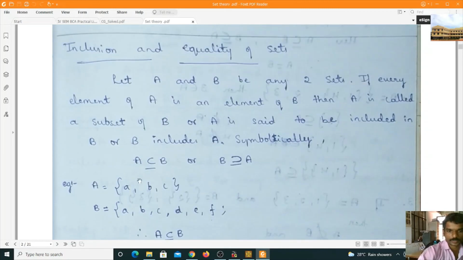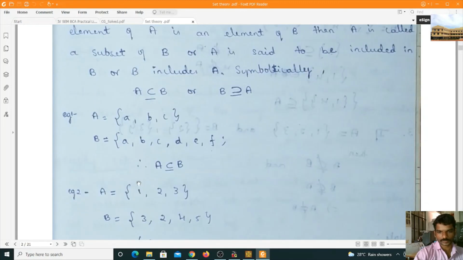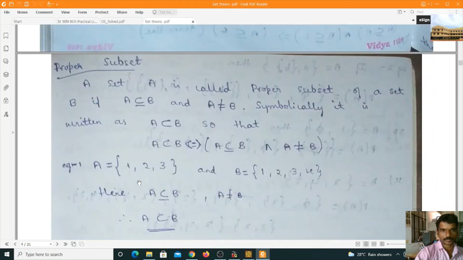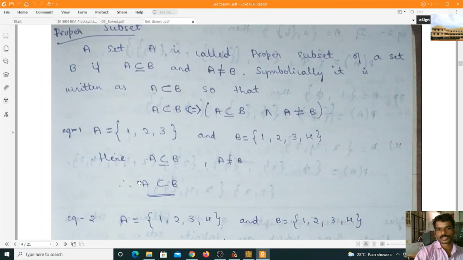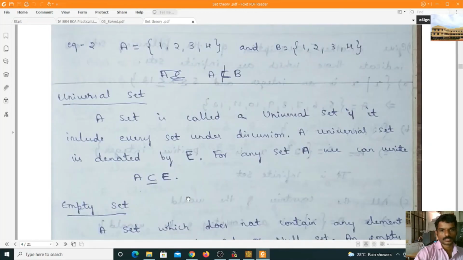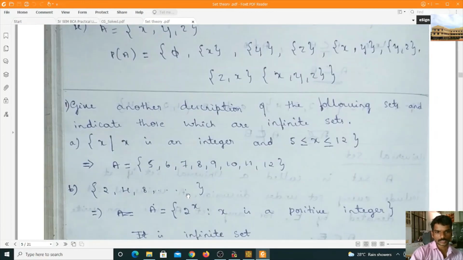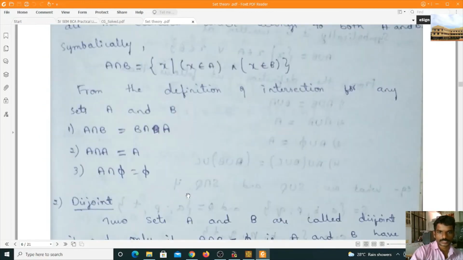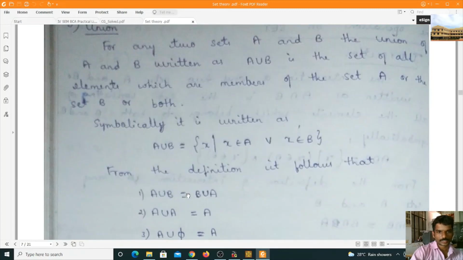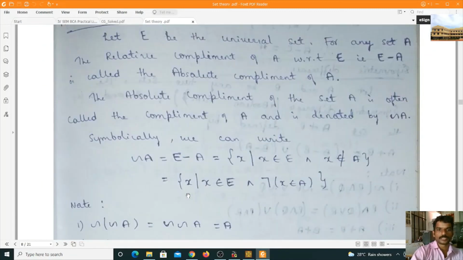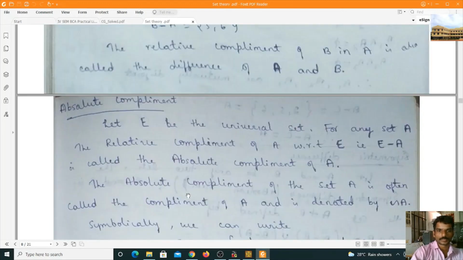If all the elements of one set belong to another set, then we can say that set is a subset of the other set. Next, we explained proper subset: A is a subset of B, but A and B are not equal, then we call it a proper subset. Next, universal set, empty set, power set. Next, intersection rule, disjoint, then union rule, then relative complement A minus B, absolute complement not A, and the other